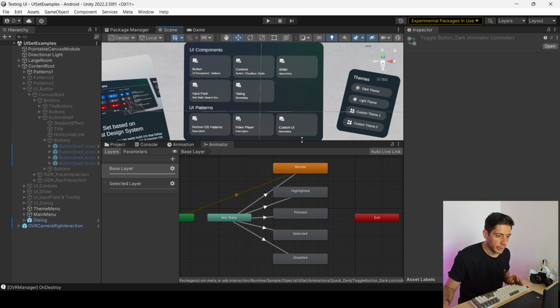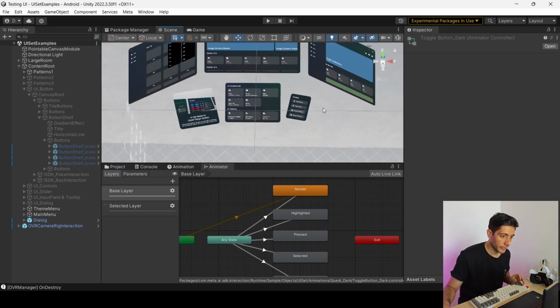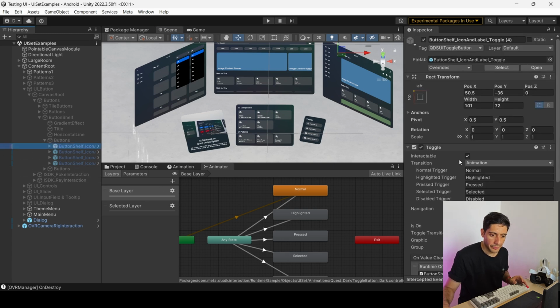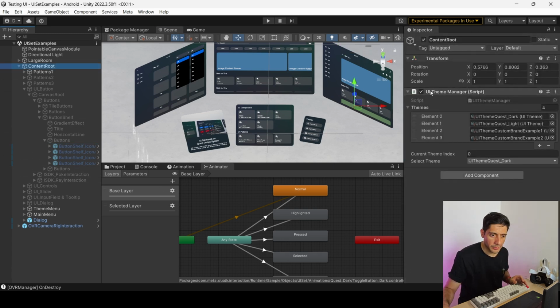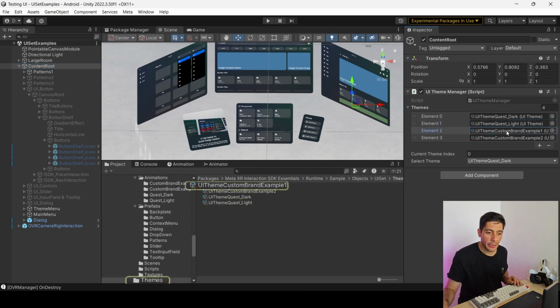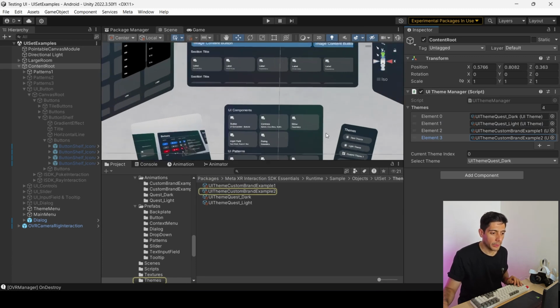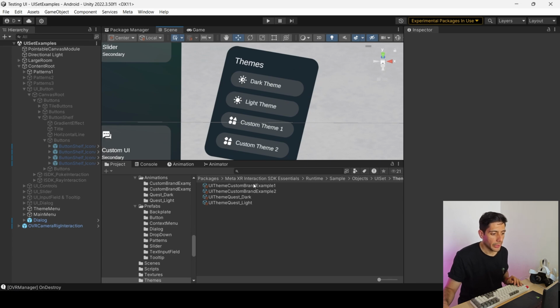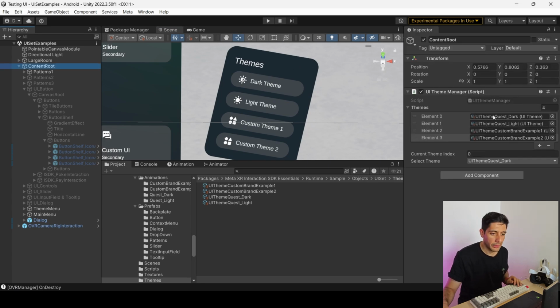All right, so we'll stop here. Something that I wanted to show you is that if you click on the content root, you will see the different themes that are activated once we click on this side of the theme menu. If we go to content root, you will see the UI theme